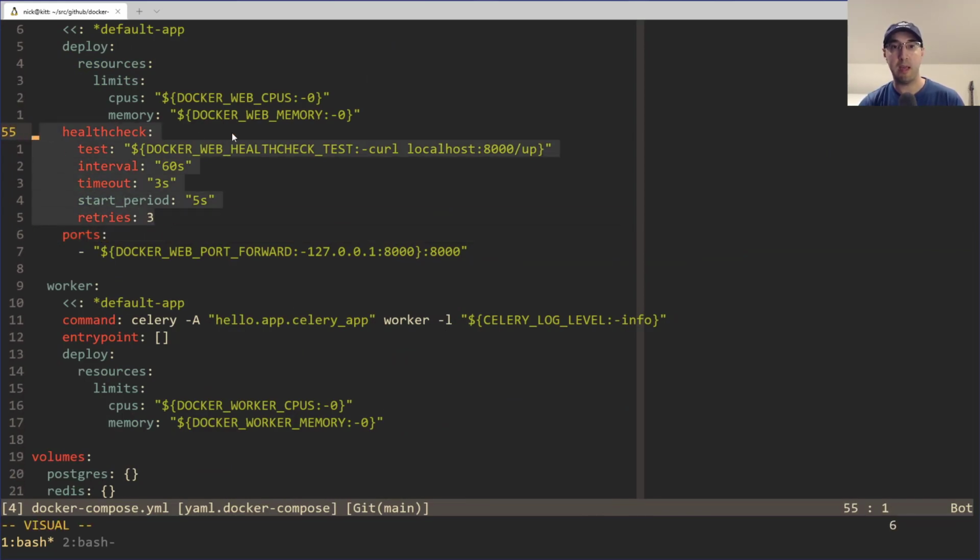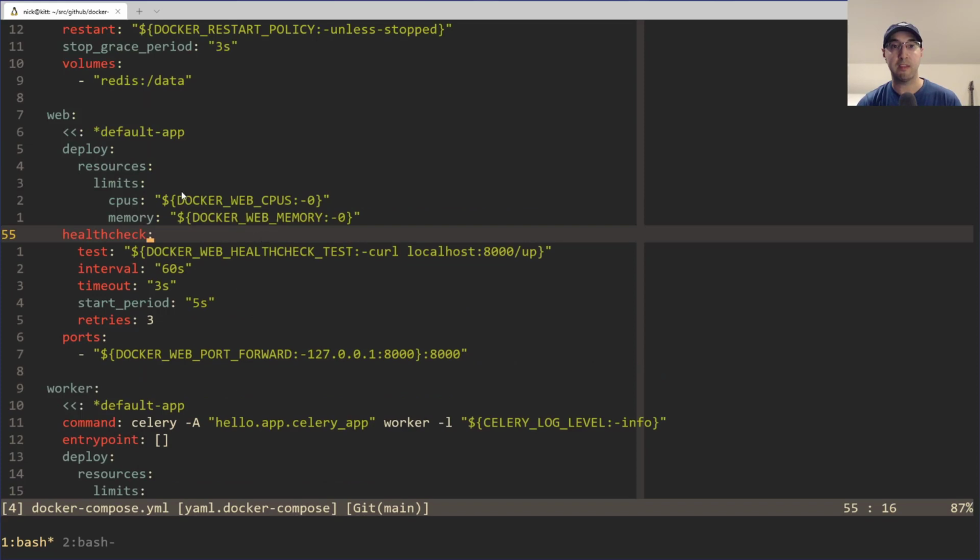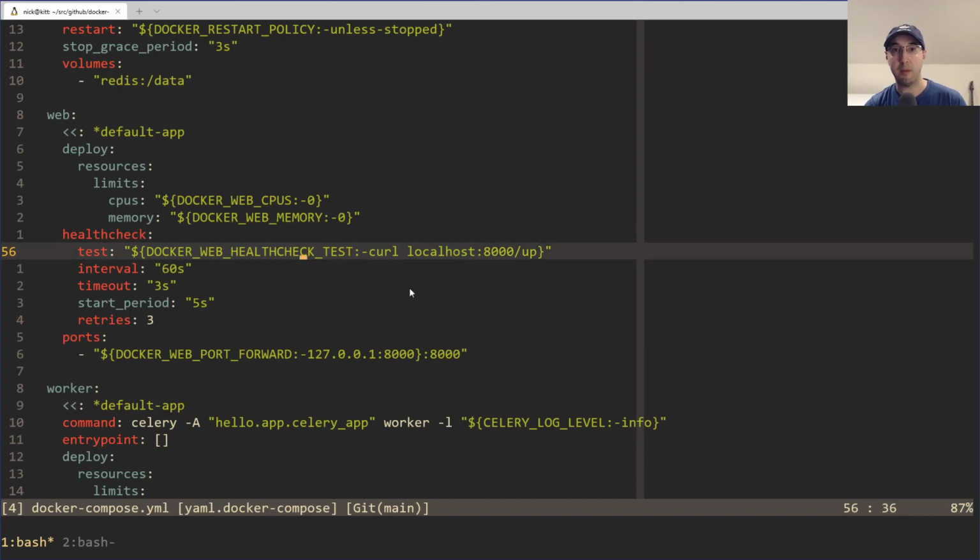And by the way, I'm jumping around a little bit, but health checks are really important. So in the context of environment variables, let's go over this health check first because you may have seen this health check being defined in a Dockerfile before, because that is a valid thing to do. But personally, in my opinion, I really like having the health check defined in the Docker Compose YAML file because it allows us, one, to change our health check at runtime just through an environment variable, but two, it